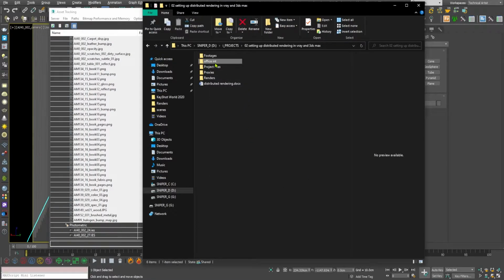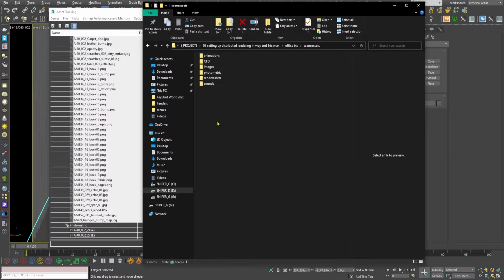When you do share the project folder that you want to be rendering by using Backburner, you have to make sure that you use folder organization, because organizing your folder is very crucial in this process.